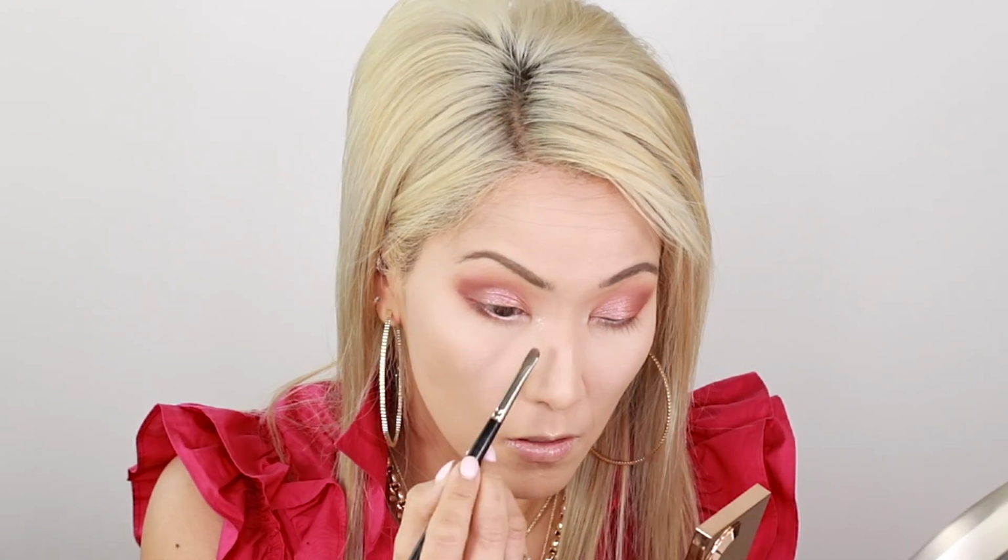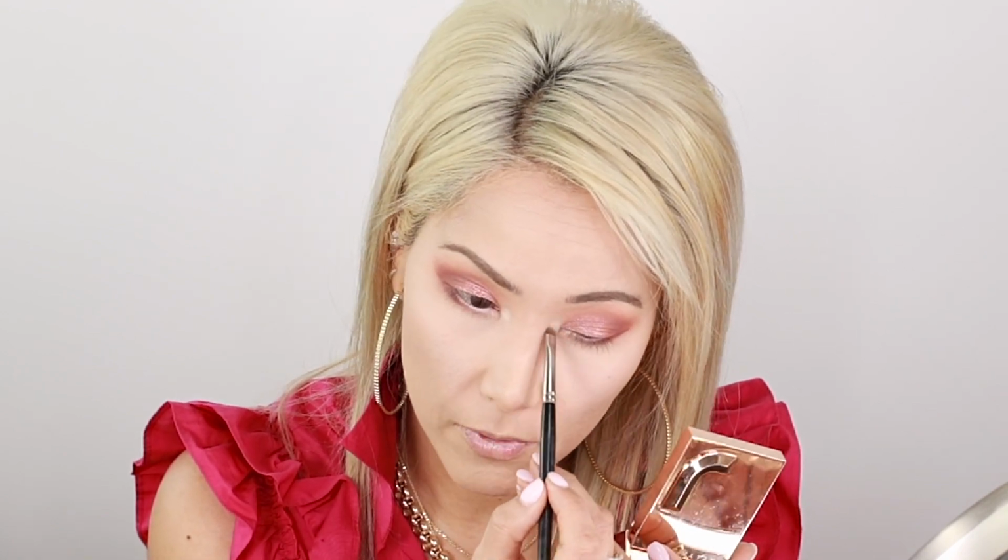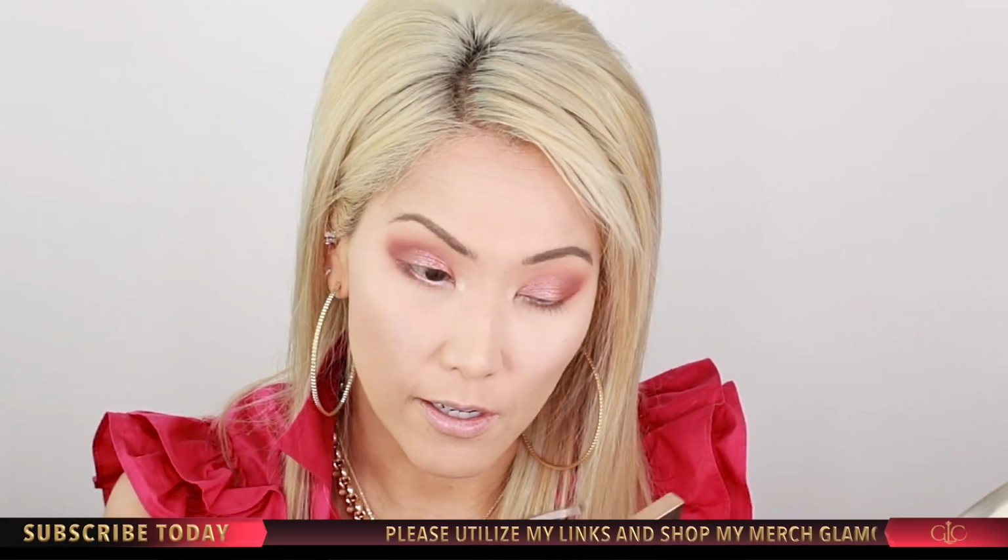Let's take my Jaclyn Hill Sparks. I would take that onto my Laura Mercier smudge brush, putting that base down first will really help that out. I'm actually gonna take that onto my